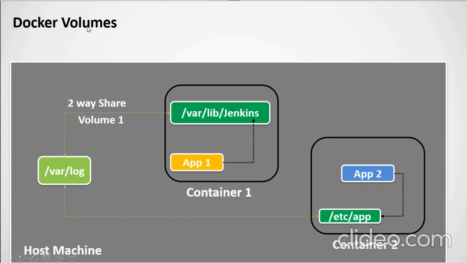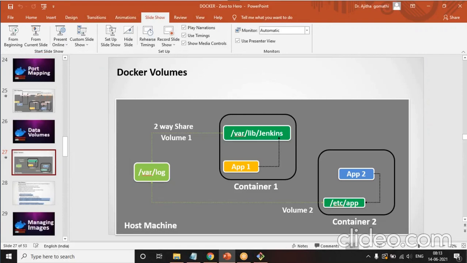So the need for volumes in Docker is to create a special shareable folder that can share something from the host machine to the container or between two containers. Okay, so this again has to be done while you are creating the container, not after you have created the container. So you should know what folder you are going to map. Okay, now to show you this,